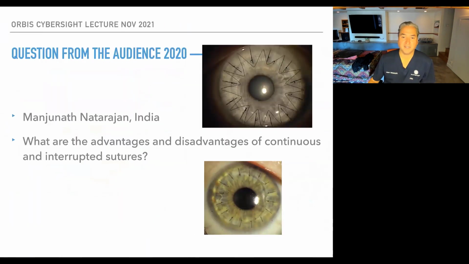What's better? Is it continuous or interrupted? So this was from a lecture last year during COVID. One of the docs in India sent a question of what's the advantages and disadvantages of continuous and interrupted sutures. So the bottom line is, once the sutures are removed, there's no difference. That's from an old study like 20 years ago. But to me, the combination gives me the flexibility to start removing sutures a little bit earlier. Like I can do them in 4 to 6 months instead of having to wait like a year or 9